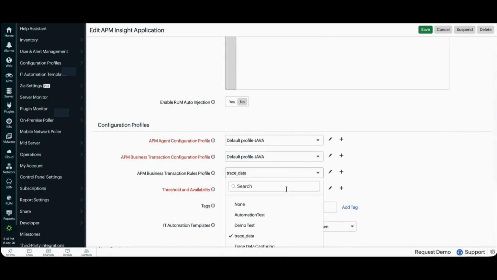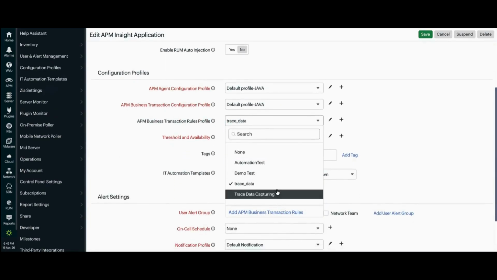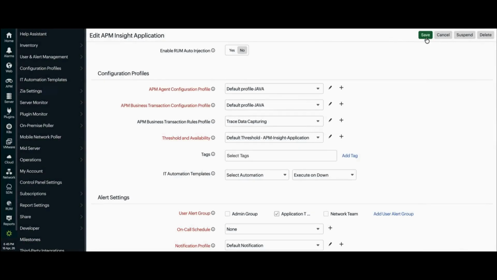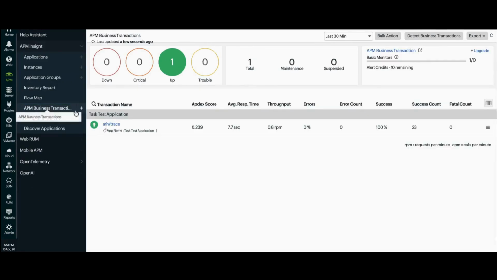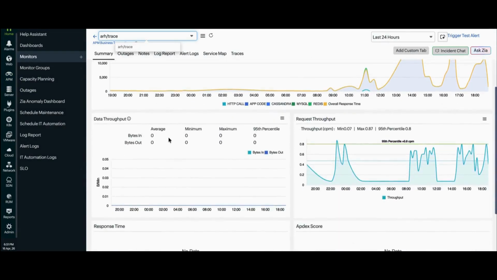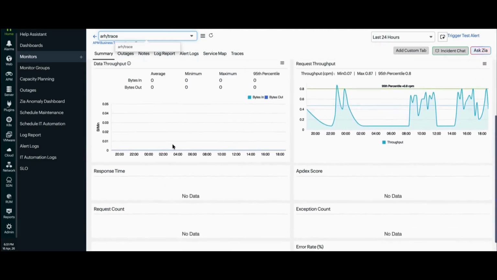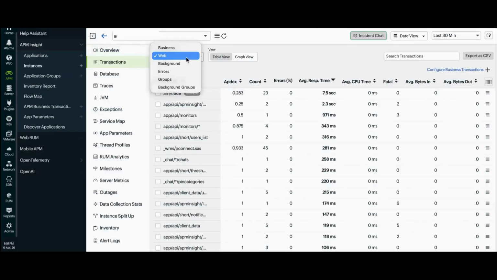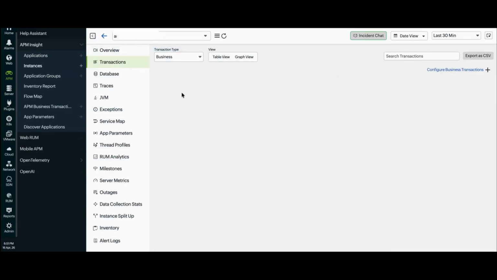configuration to your monitor. Under Configuration Profiles, update the business transaction rules to your new Trace Data Capturing profile. Now, in the APM Business Transactions dashboard, ARH Trace is isolated from general traffic, making it easier to track improvements as you optimize. This view provides dedicated metrics for your most critical and slowest transactions, including success rates and detailed